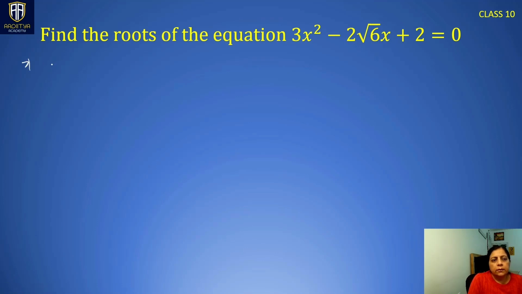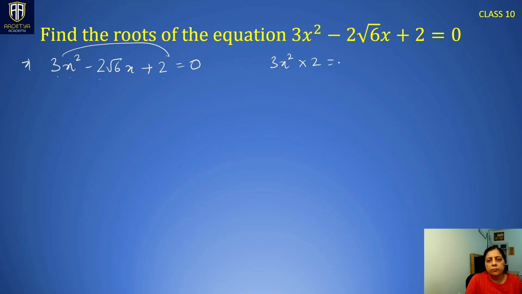Another example is 3x squared minus 2 root 6 x plus 2 is equal to 0. So here we follow the same method. First of all, it is in the standard form ax squared plus bx plus c. So we take the product of the first and the third. 3x squared multiplied by positive 2, we get 6x squared, right? Now the product is positive 6,